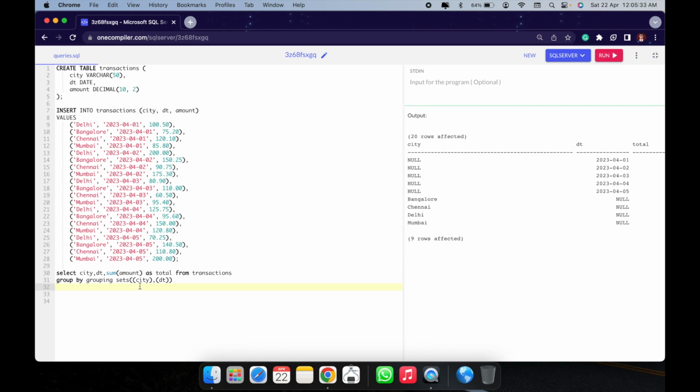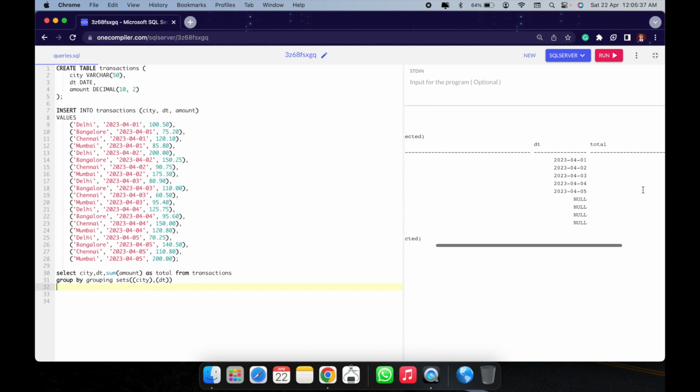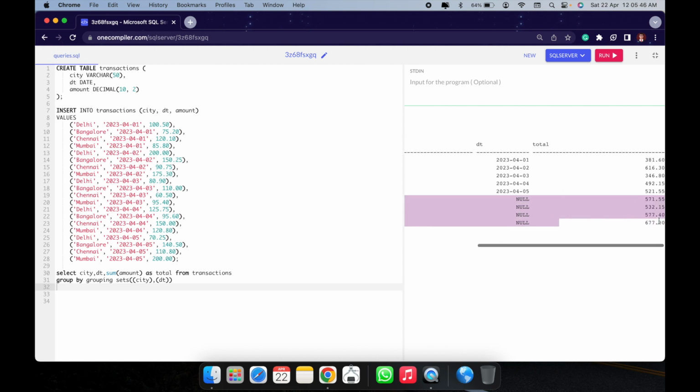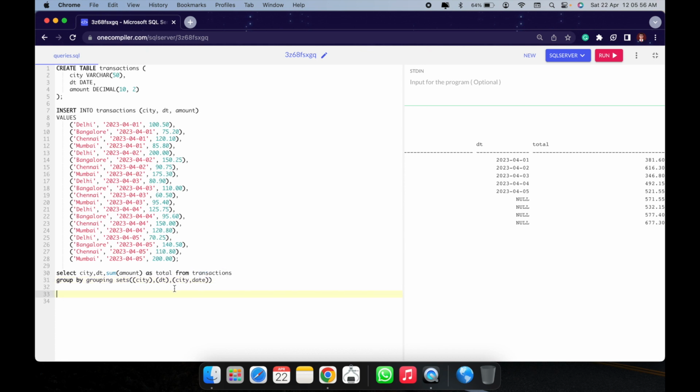So first one is group by city and group by date, and both of them are here. So the top part of this data, all of these are grouped by dates and all of these are grouped by cities, and we have the output. Say if we want to group by city and date, so I'm going to do this, comma, I'll put it in bracket, city, comma, date. Make sure that each of the metrics that you want to group by are segregated by a parenthesis and a comma. So if I run this,